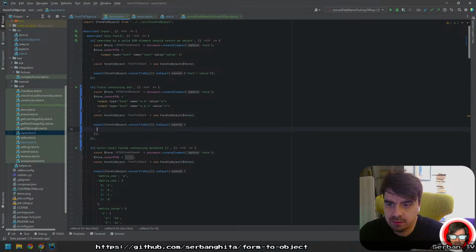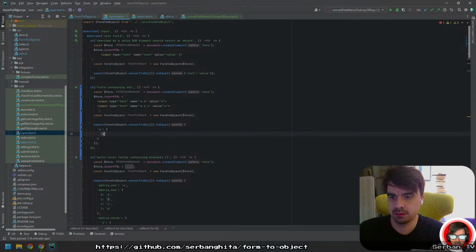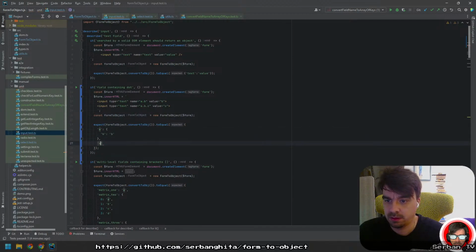What do I expect from this? Expect A of B equal B, and